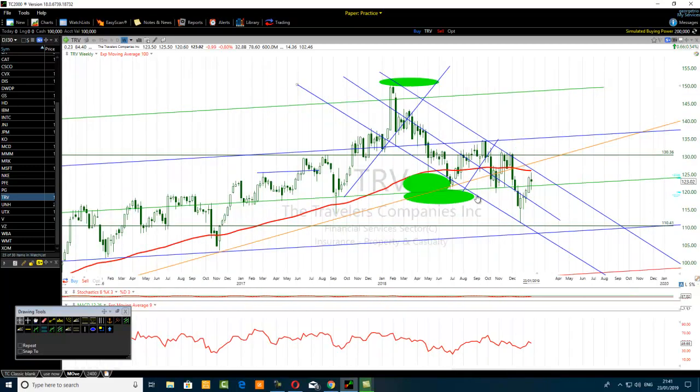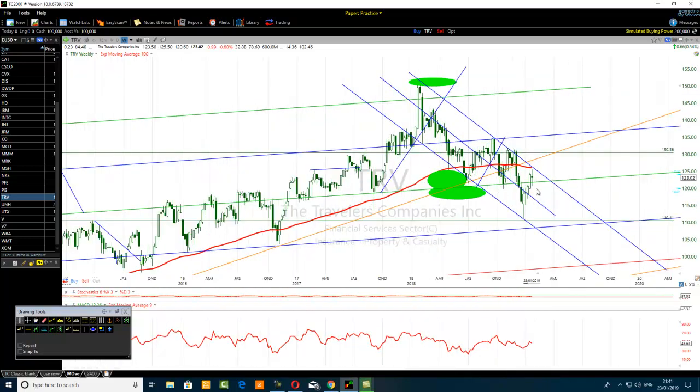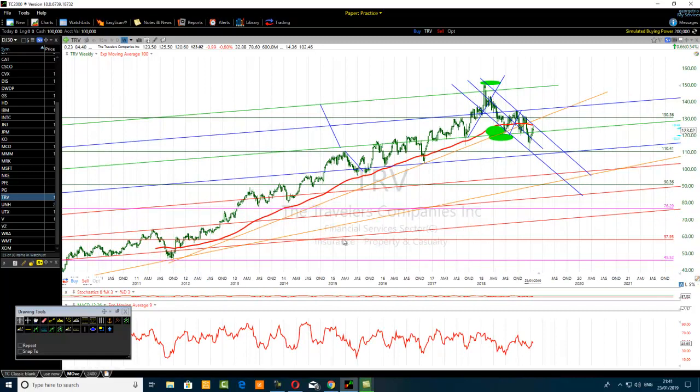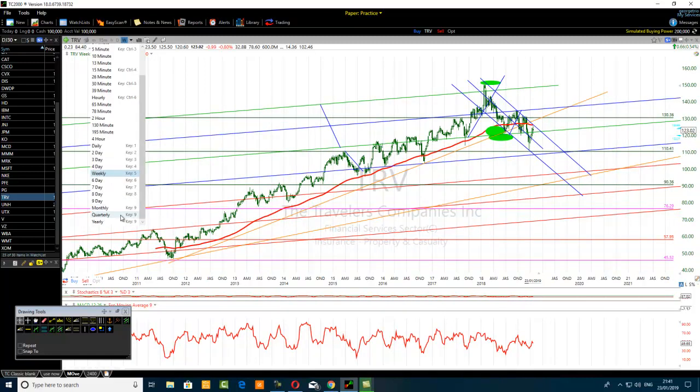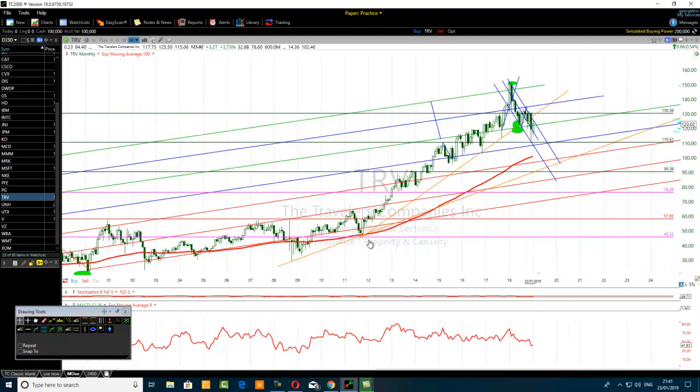You are now on the lower part of the green channel on the monthly chart. Anything is possible, but there is resistance ahead. Talking about the top of the blue channel, the moving average of the 100, and also that orange trend line there. All right, so if I go back to the weekly chart to show you quickly, you will see